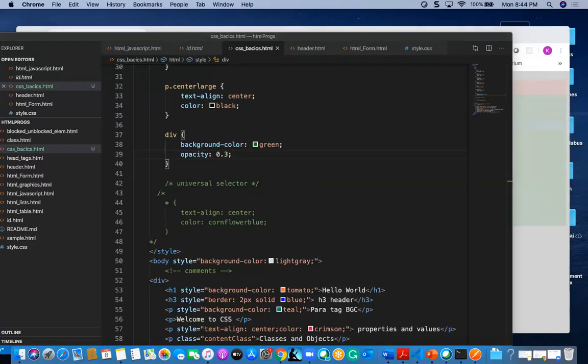We are having a few things like borders, CSS borders. Already we saw a few borders, and we will see some more here.